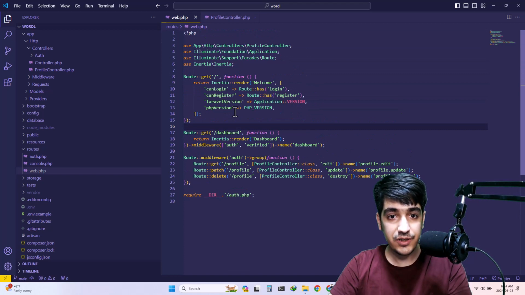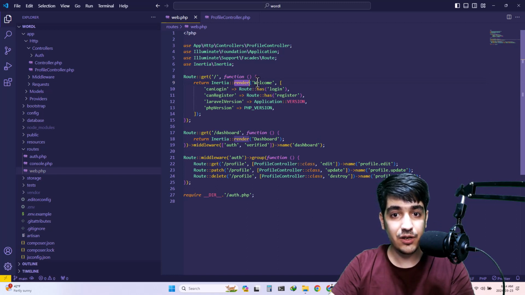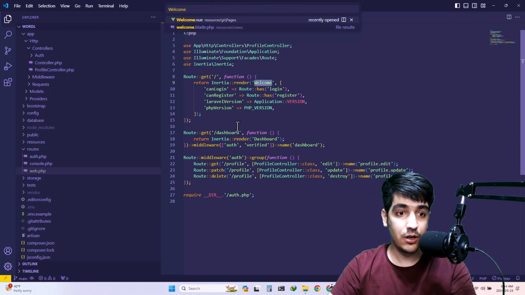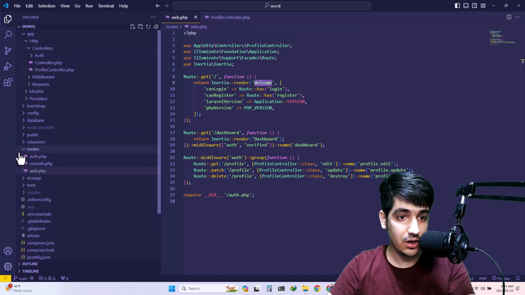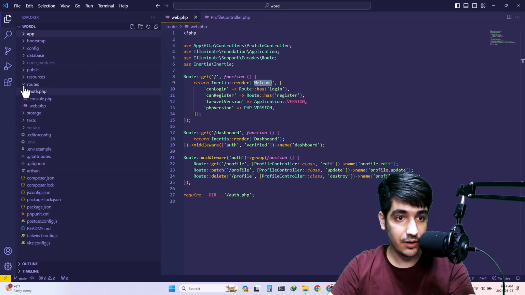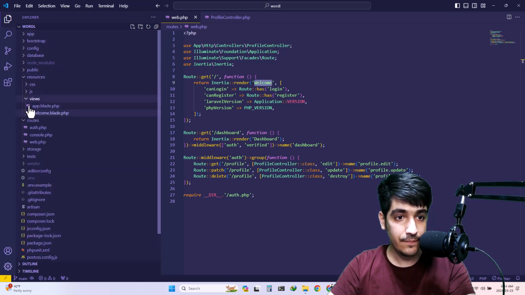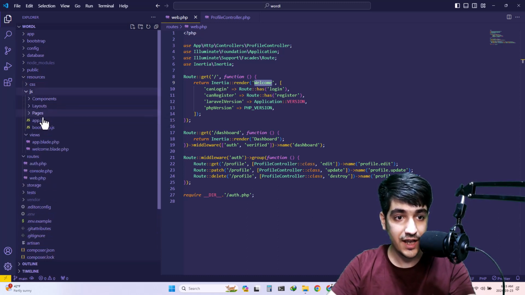So for example, if you take a look at this code, it says go ahead and use inertia to render a Welcome view.js. If you take a look at our views, inside the resources folder there's a views folder, and inside this views there are some blade files, and I'm going to explain those blade files. But also inside JS,